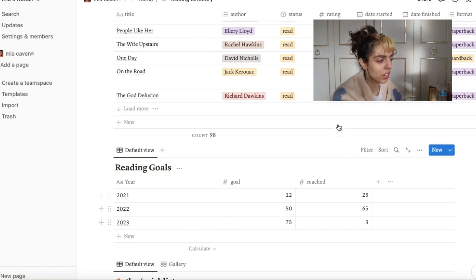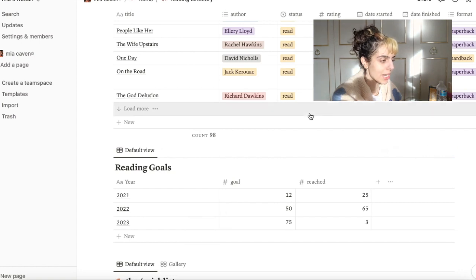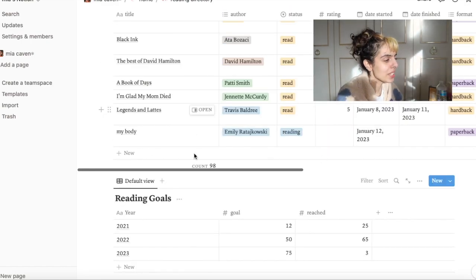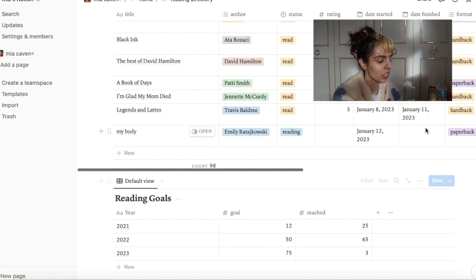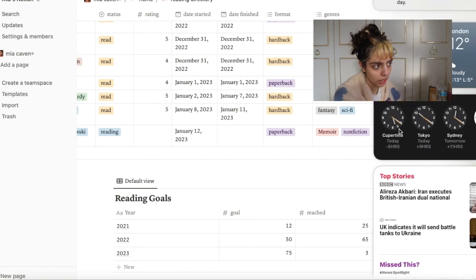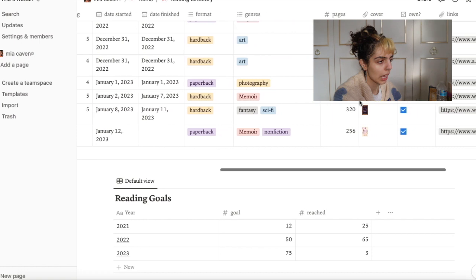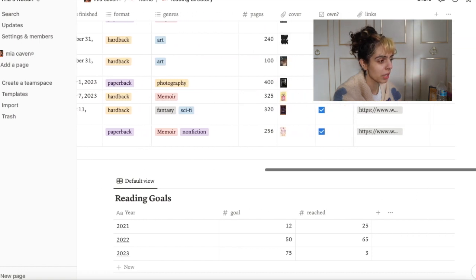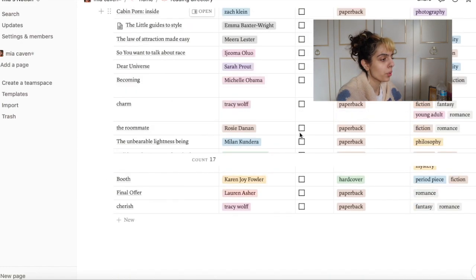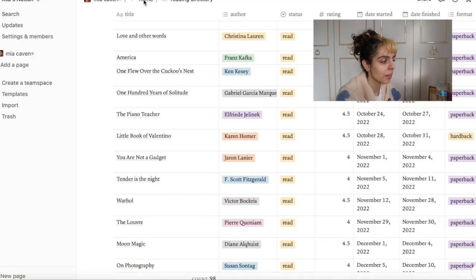So if you can see here, I've got my reading goals for 2021, 2022 and 2023. I'm currently on my 4th book of the year already. As you can see here, I'm currently reading My Body by Emily Ratajkowski, and you've got the date, rating, hardback, paperback, audiobook, genre, pages, cover if you own it, and then a link to where you can get it from. And then these are all the ones I want to read. I honestly need to update that. So then we go back to home